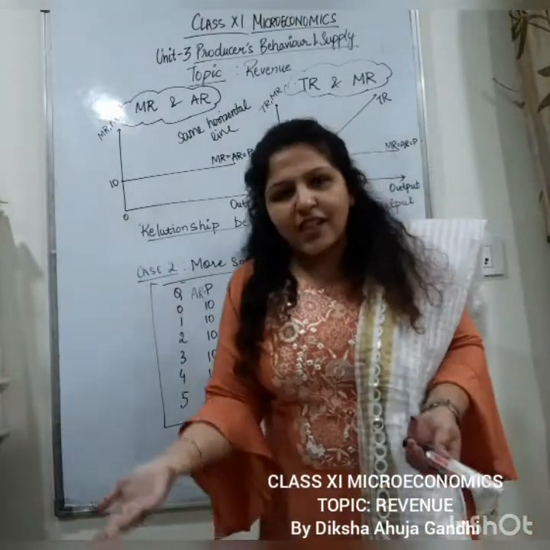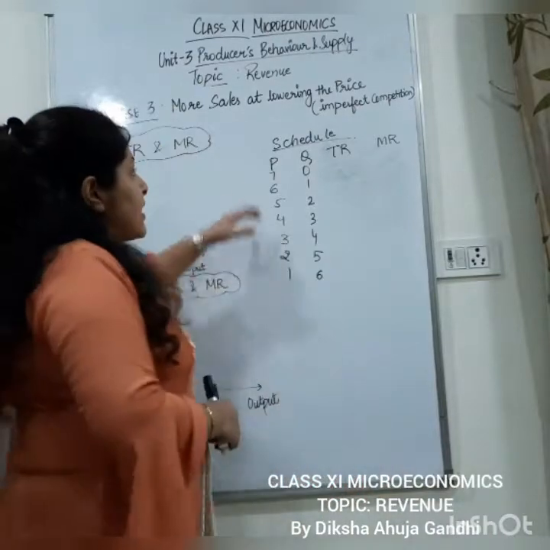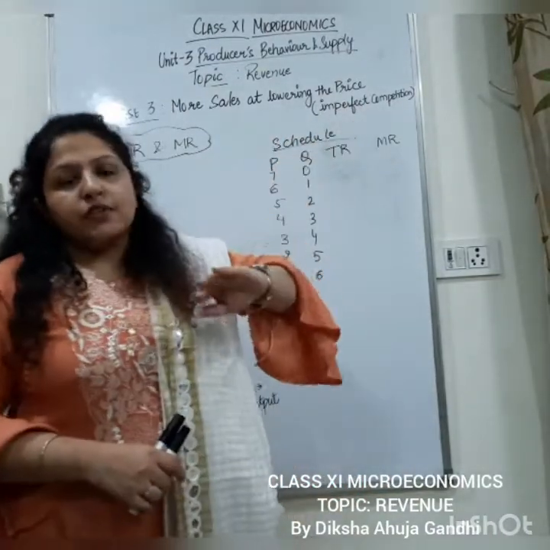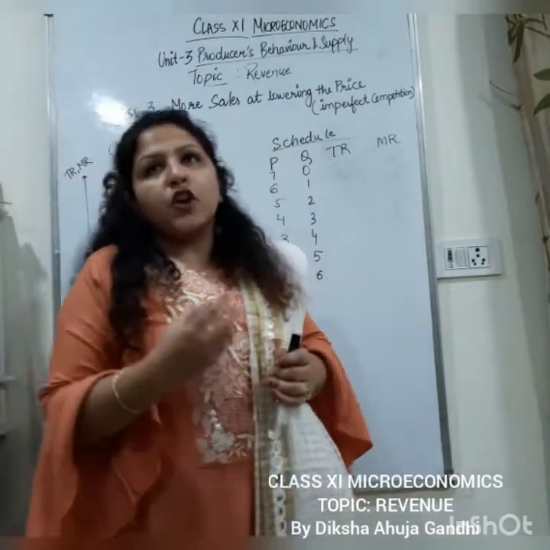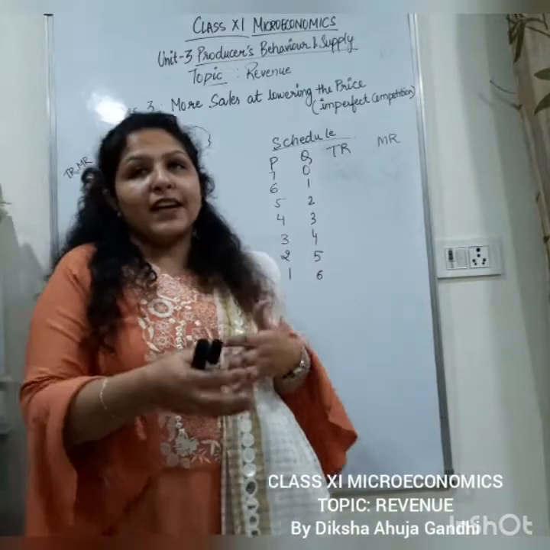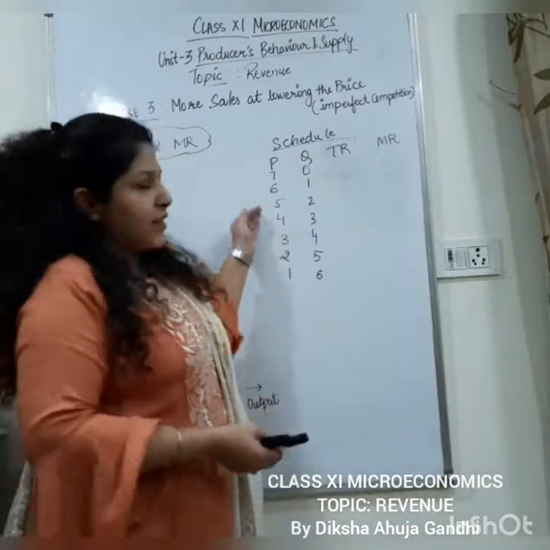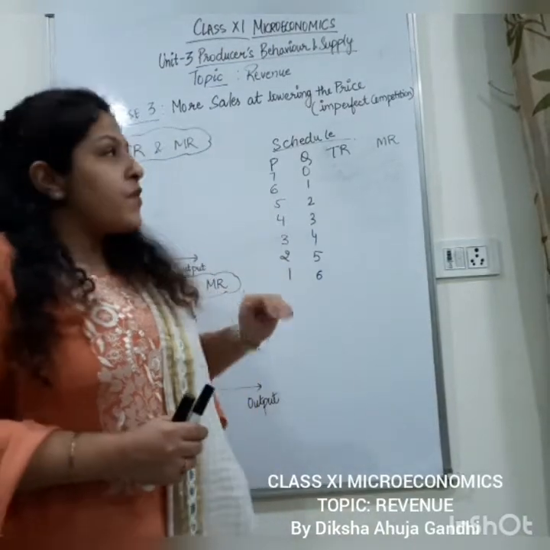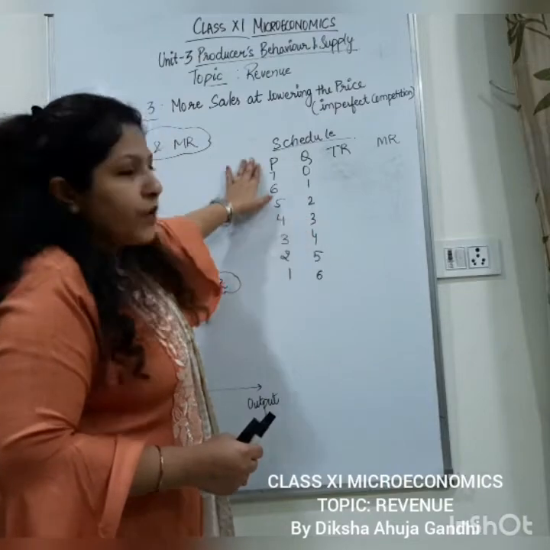That is the actual situation. Now let's talk about more sales at lowering price. That is imperfect competition. That means apart from perfect competition, we are having so many market forms, monopoly, monopolistic competition, where competition is present. The people fight according to the prices. So the firm can sell more by lowering the price. Right? We'll understand here that in imperfect competition, when the firm is able to sell more at lowering the price,